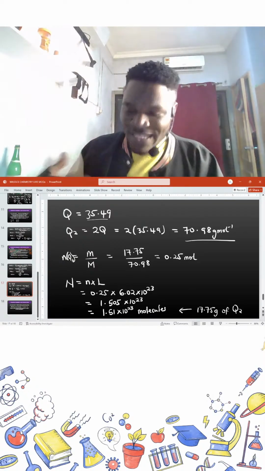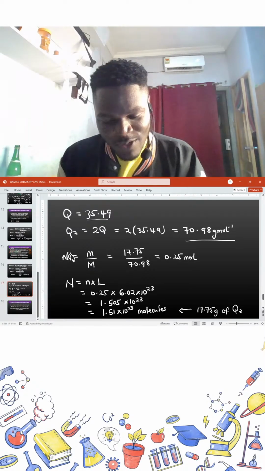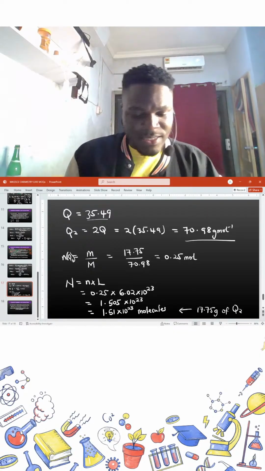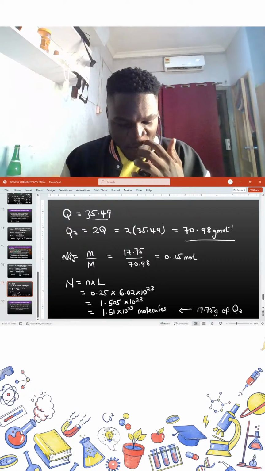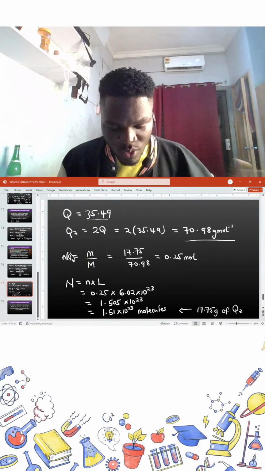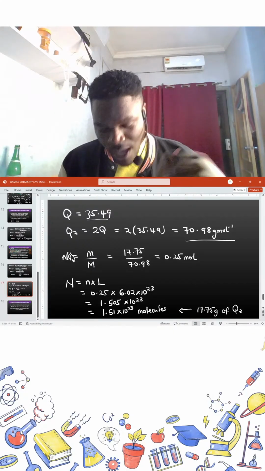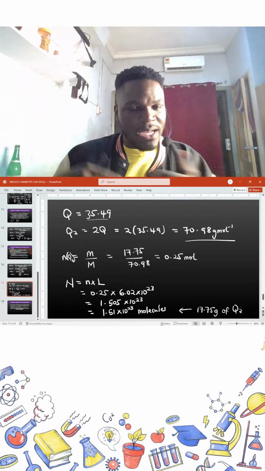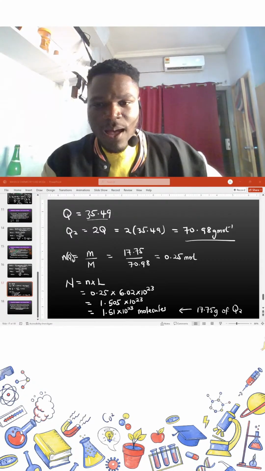Okay, guys, so this is how we solve problems on relative atomic mass, especially when it comes to atomic structure. These are some of the questions that are likely to come in your exam. Apart from the names of particles like beta, neutron, alpha, and proton, and their relative mass and charges, most of the questions are going to be on the relative atomic mass and isotopes, calculating relative abundance and isotopes. So that is basically what most of the questions will be about.